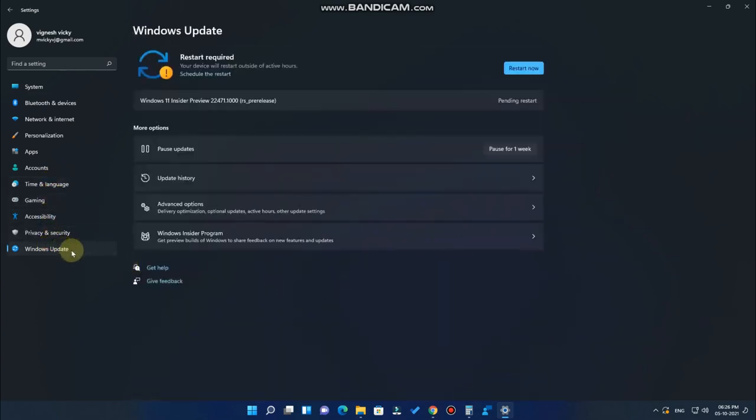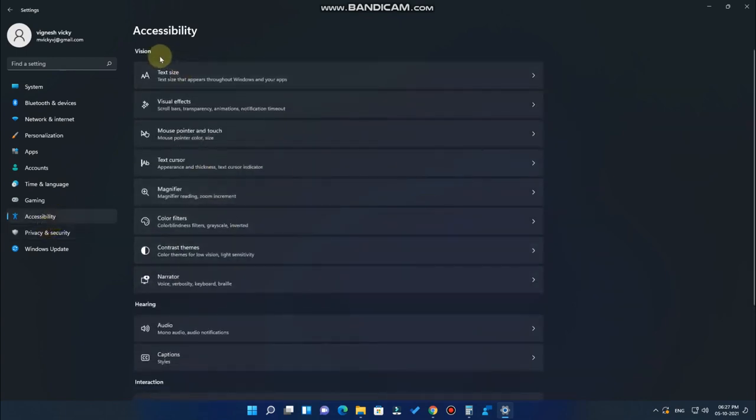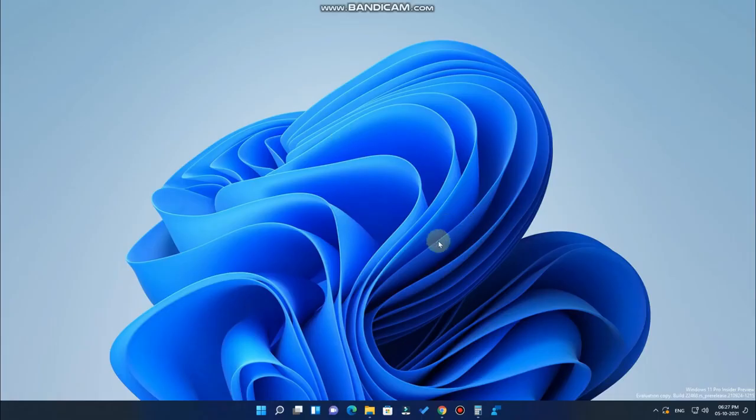So in the Windows update, the Windows Insider program is actually inserted inside the Windows update itself. In the Windows 10 operating system, you get a separate option for the Windows Insider program, but now the Windows Insider program is organized into the Windows update itself. So like that, all the settings options are organized differently, so you can see multiple sub options like that. So totally these are the new feel of the Windows 11 operating system. Overall in this Windows 11 operating system, you can feel the new elegant look and smooth transitions, and some new features have also been added.